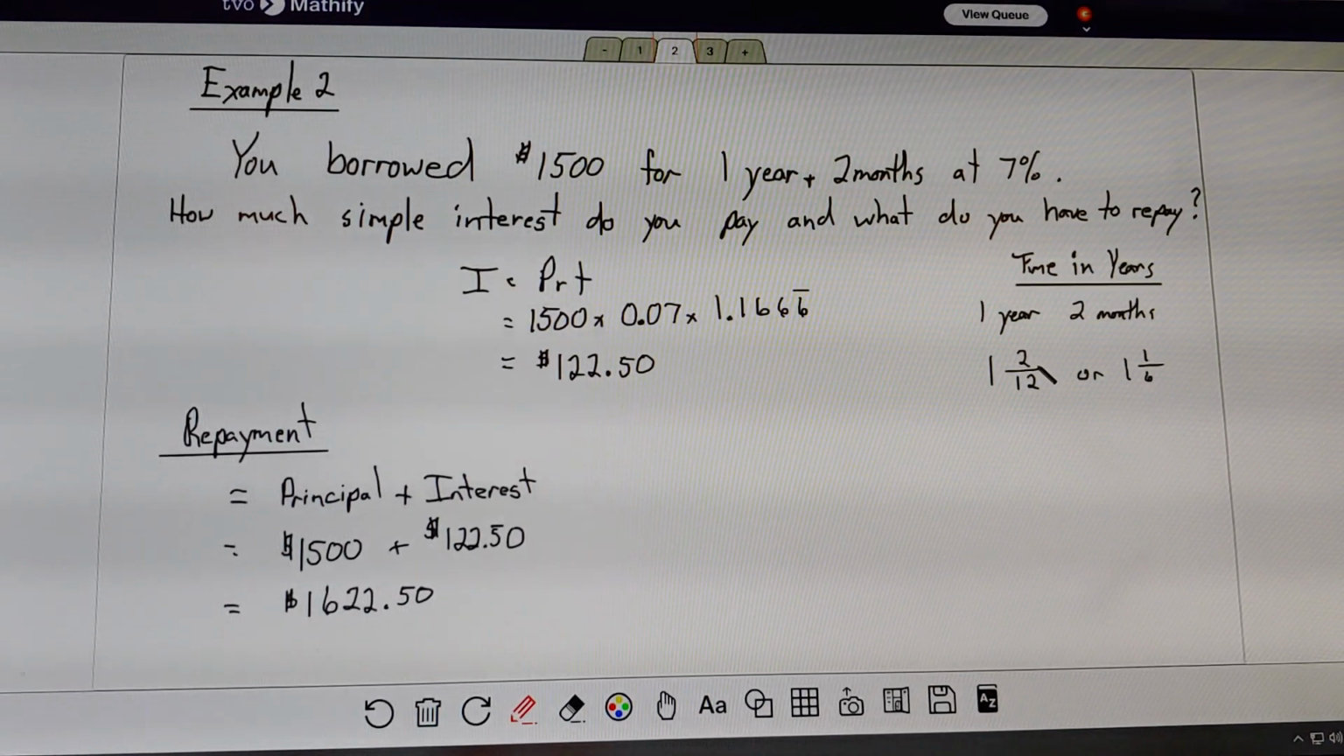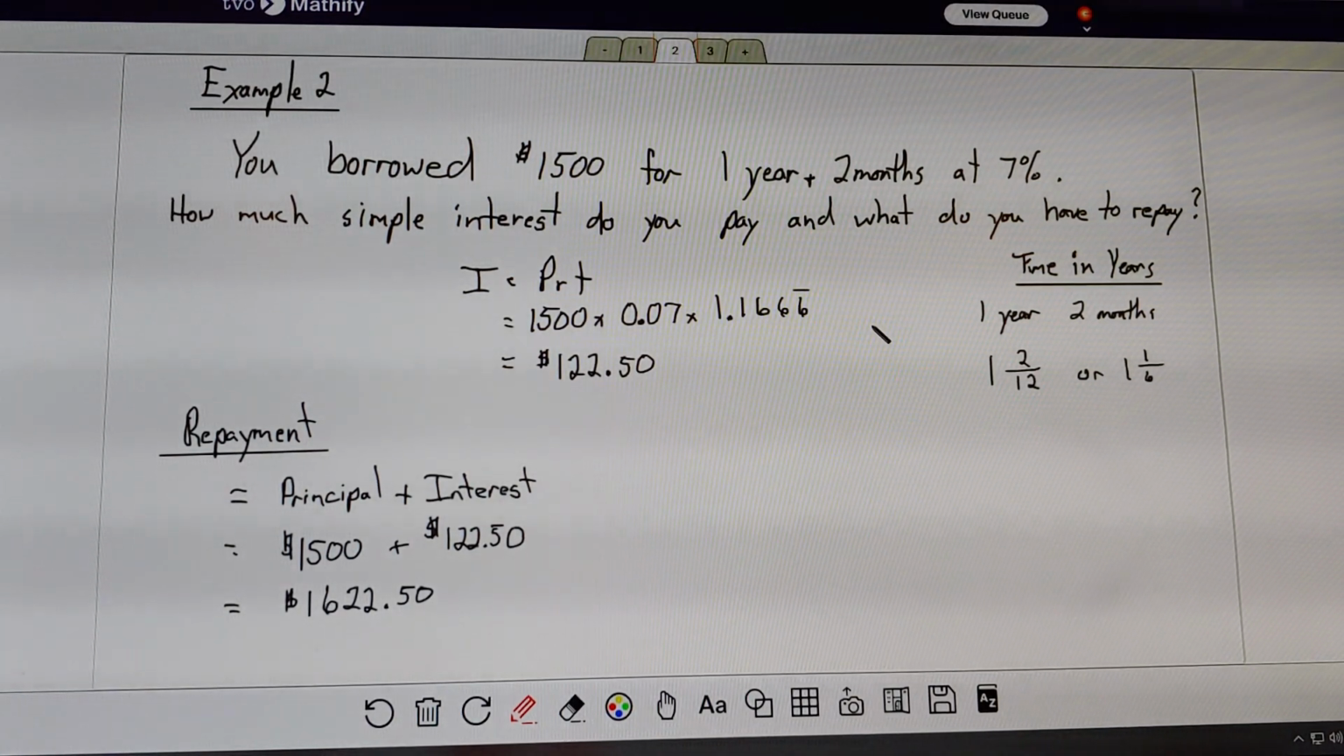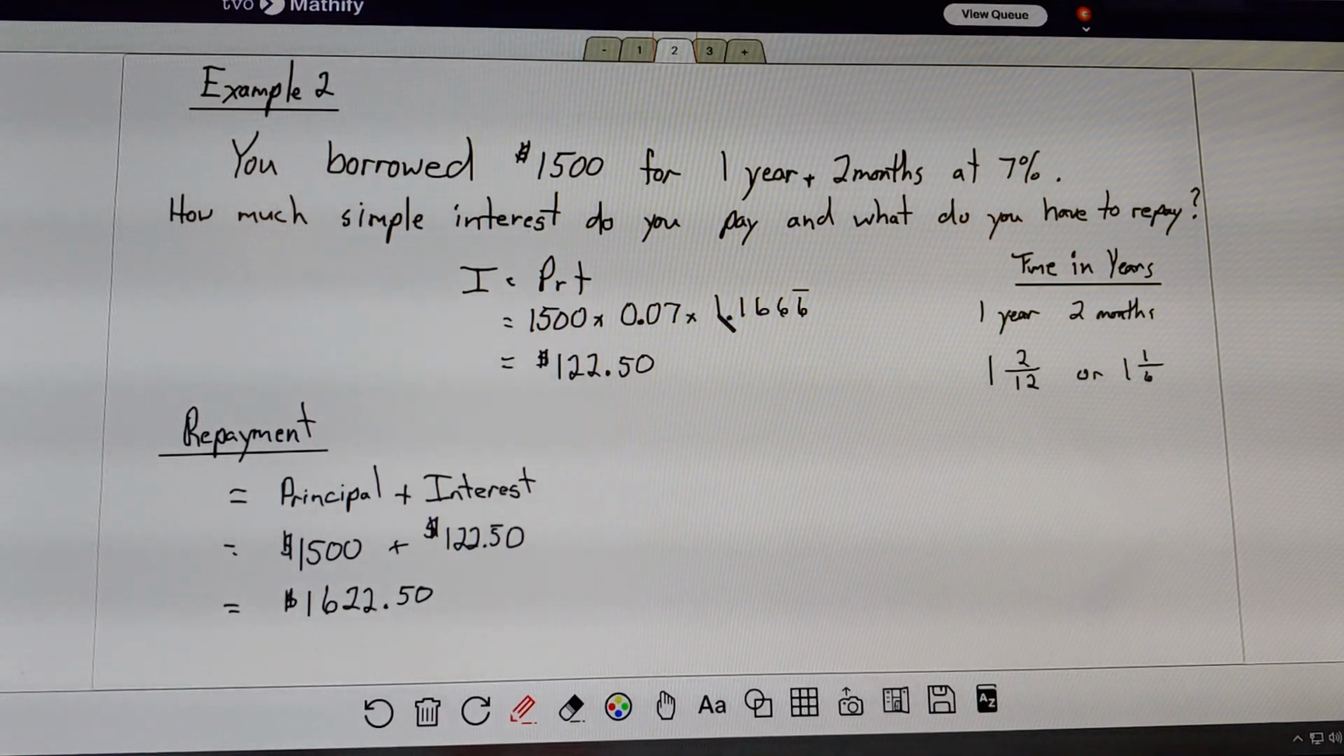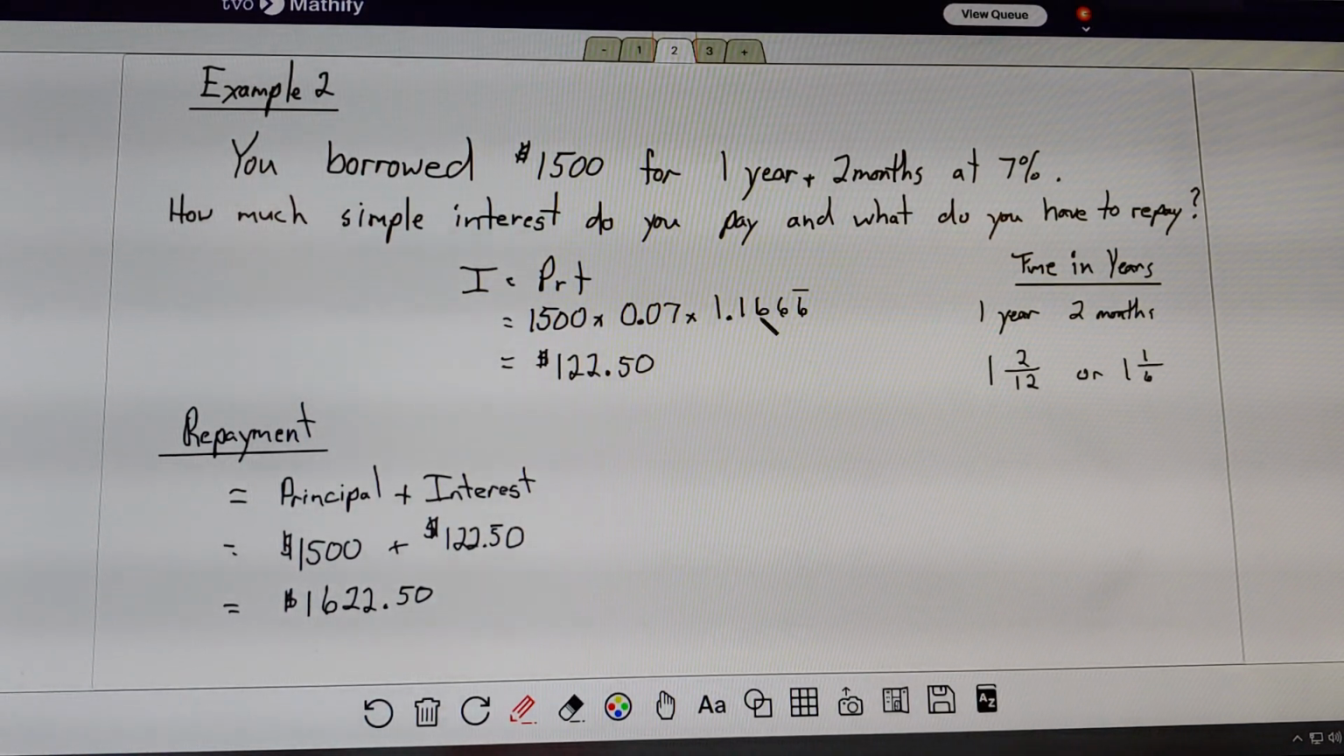So if you do that on your calculator, 2 divided by 12, you get 0.1666666 all the way across. So for our time in years, we have 1 whole year. So that's the 1, decimal 1666666 forever. Okay. So now that we have our formula filled in, you're going to type in 1,500 times decimal